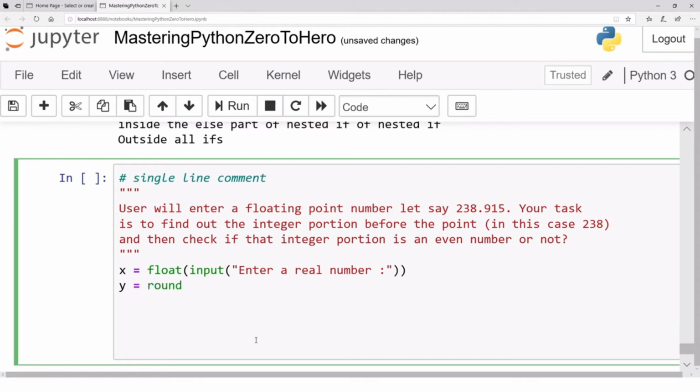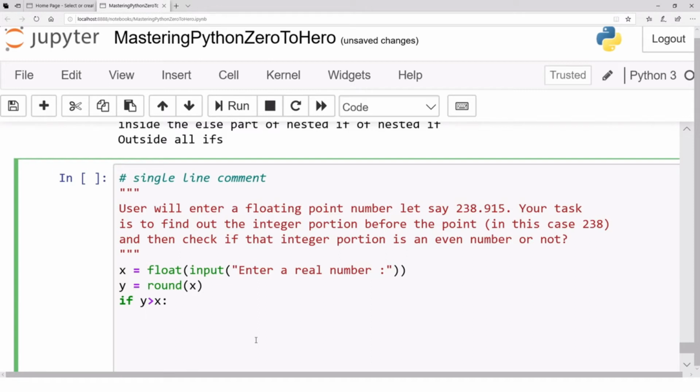So let's say y is round x. Now y contains the rounded value of whatever x is. We are now assuming that x is positive. Now if y is larger than x, that means we moved up. The round goes up. In that case, what we do is